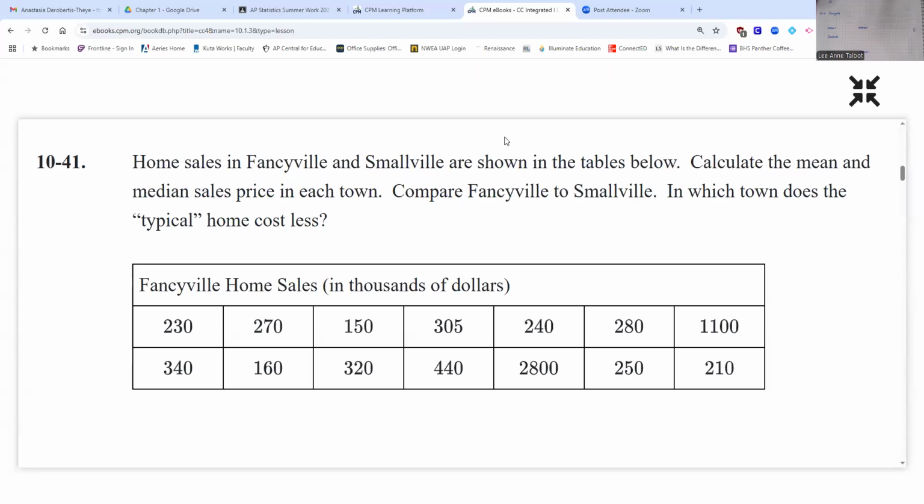Okay. All right. So we're going to write down these numbers for Fancyville, but what I want you to do is write them in order from least to greatest on your paper. So take a look at this screen. If anyone hates looking up here, come grab one of these blue books on the bottom shelf down here. It might be easier for you to see the data set out of the book instead of looking up at the screen 1,000 times.